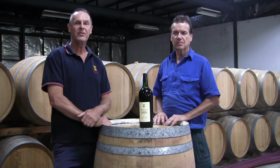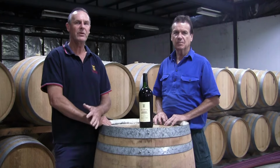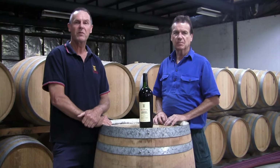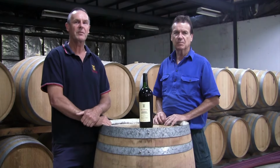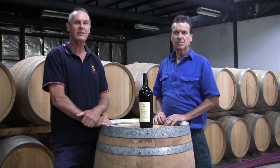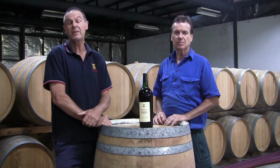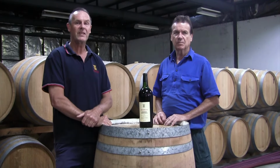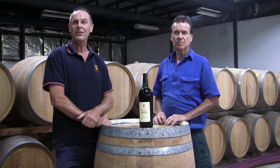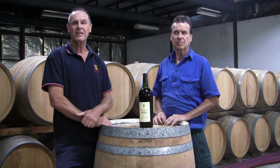I guess a lot of it is just maintaining a lot of the traditional vineyard techniques in pruning, hand pruning, cane and spur pruning, not trying to overcrop vines, allow the natural flavours coming through in the grapes. Within the winery, a lot of the techniques and methodology we're using in making the wines is very similar to what our father used and even our grandfather used 60 or 70 years ago. But with the aid of some of the modern ideas coming in, it certainly is creating a consistent, elegant style